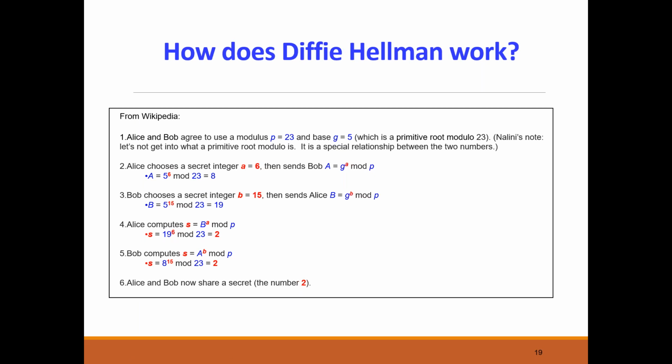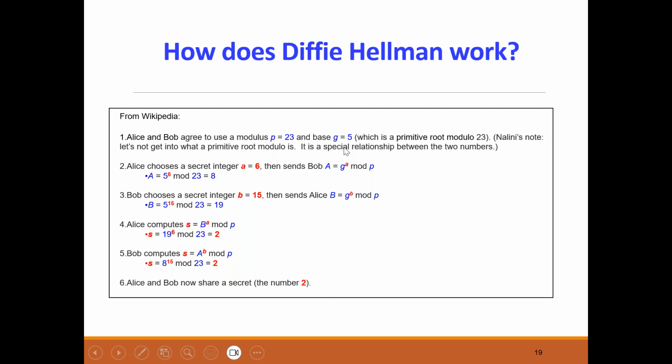So let's take a little look at how Diffie Hellman works. And again, you can go up to Wikipedia yourself and take a look. So let's just go through it quickly. Let's say that we have good old Alice and Bob, and they agree on two numbers. They agree to use a modulus. Remember last time we said that modulus was one of those things that was very difficult to invert until you get a quantum computer.